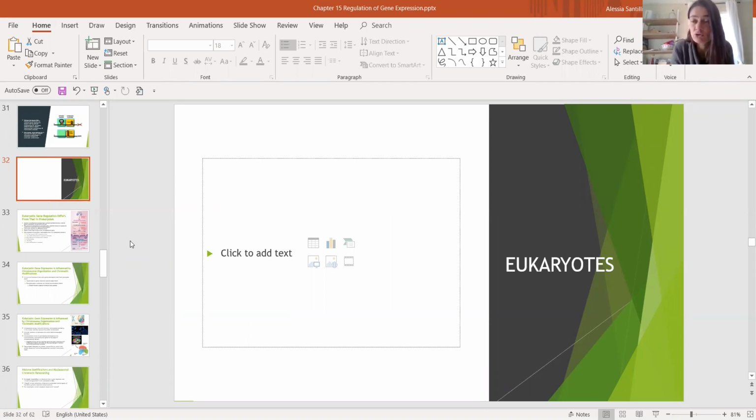Even if genes encode proteins that carry out similar functions or are imperative for the same metabolic pathway, the genes that encode those proteins are going to be sparse throughout the entire genome. They're not going to be found in specific areas. For example,